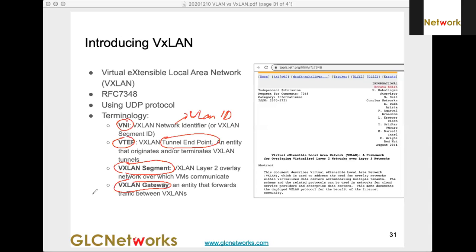So actually the terminologies are not new. VNI, you can think of it like a VLAN ID, the VxLAN network identifier, the segment ID. And the VxLAN tunnel endpoint is the entity that originates and terminates VxLAN tunnels. So those were the terminologies.